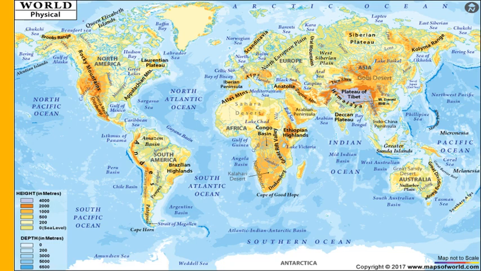Coming again to North America, here you have a mountain, the Rocky Mountains. The Rocky Mountains are one of the oldest mountains in the world. Then you have one more mountain called the Appalachian Mountains, then the Laurentian Plateau and all those things. And here you have the Sierra Madre. In geography you have studied